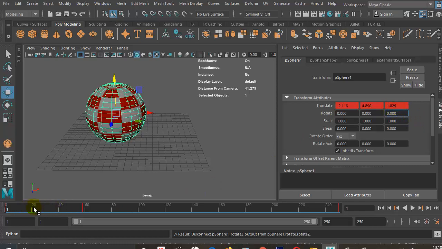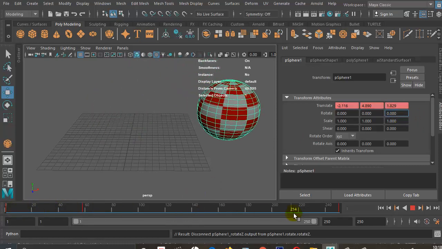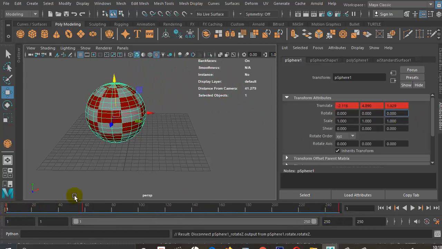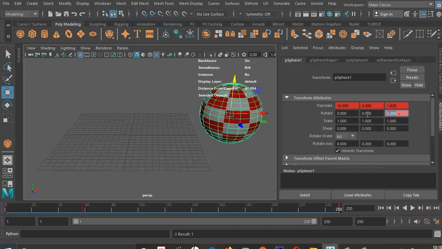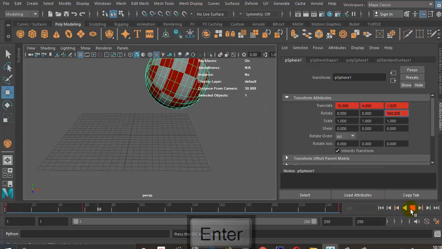So if I wanted this ball to roll, I would want to rotate that object. So what I can do is, instead of setting a keyframe down here with S, I can just right click and choose set key, S. So that's what S stands for, set key. And then I can go to my last frame and I can set that to, say, 360, for example. Whoops, that's too big. Right click and set key. So when I play this animation,